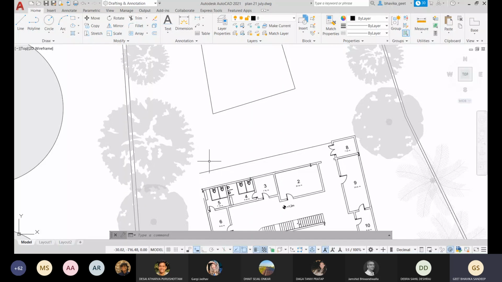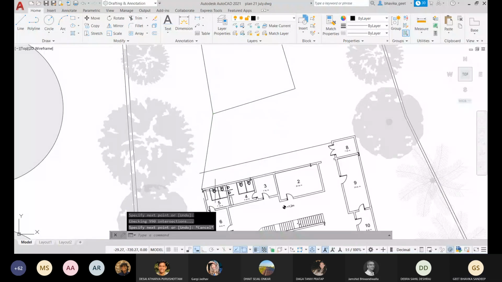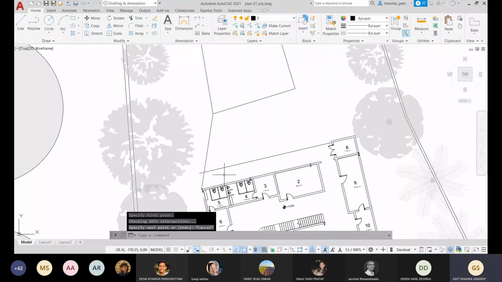Good enough, of course, it's perfect. Take any of the corners of that; that will be the angular dimension. Then you'll take one perpendicular from your new datum point, that is the existing building. From there you will draw a perpendicular line, and then give the distance from the perpendicular line to your column. Got it.